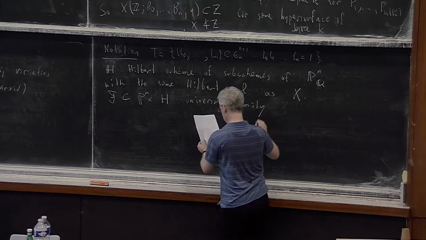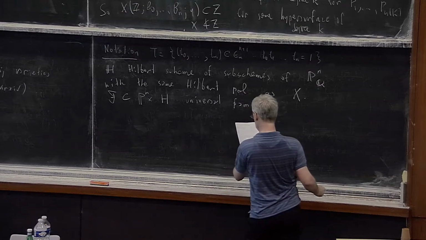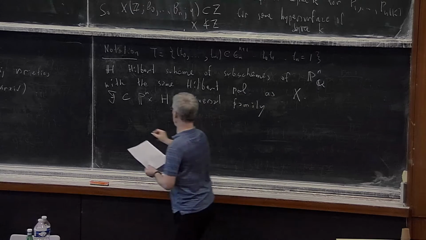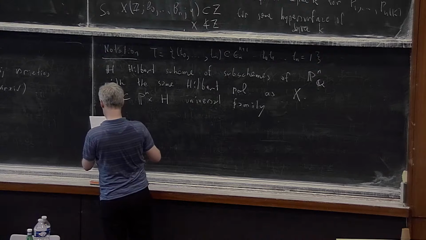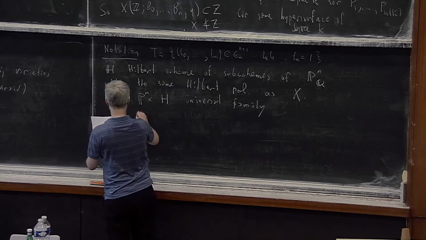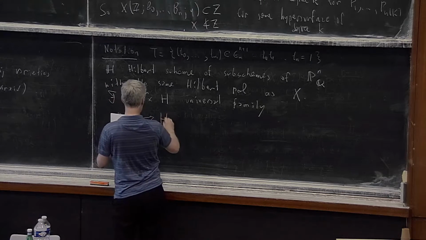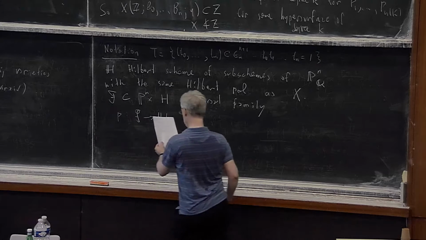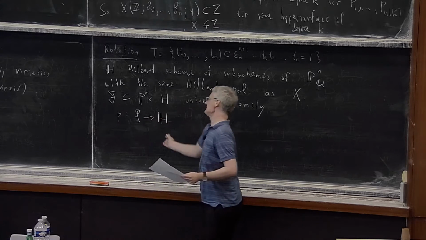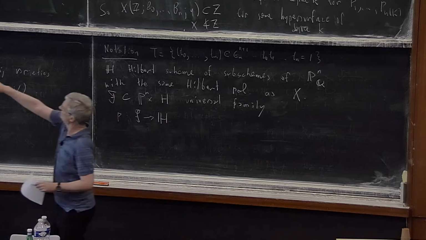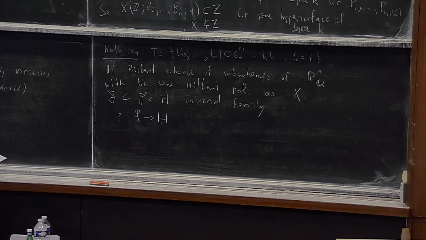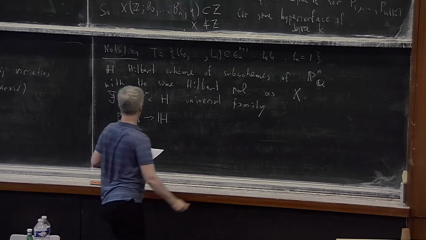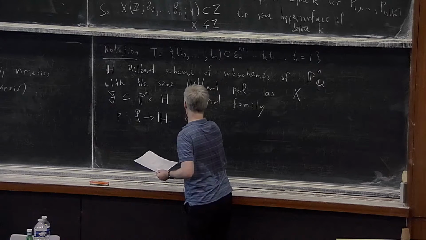And then I need a name for the projection also. So let P be the projection from F to this Hilbert scheme. Then the fibers of this are varieties of dimension r and degree d. This is then the projection